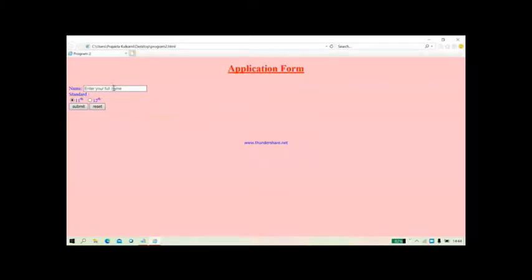Enter your full name. So here you can write your full name, then standard 11th or 12th, select one at a time. See, at a time only one gets selected, and then submit. So that information gets submitted. So this is called a form.